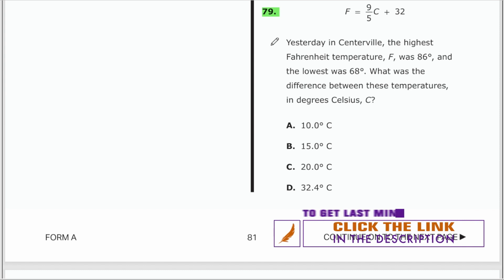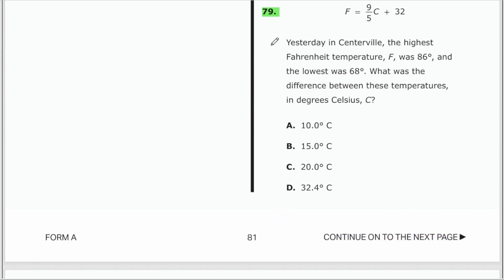How was I able to do this problem so fast? Let me first of all show you how you would most likely do it. So you have the first temperature, 86. And you think you're really cooking, by the way, so you plug it into the F. So you'll say 86 is equal to 9/5 — let's call it C1, right? — plus 32. So when you subtract 32, 86 minus 32 is equal to 9/5 C1, which is equal to 54